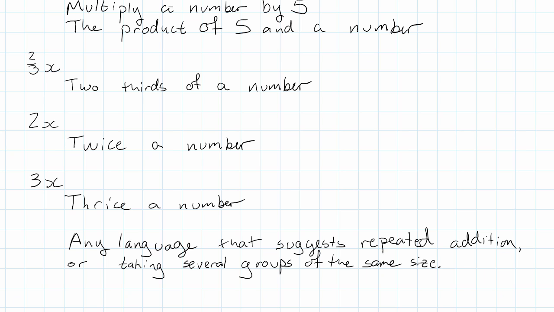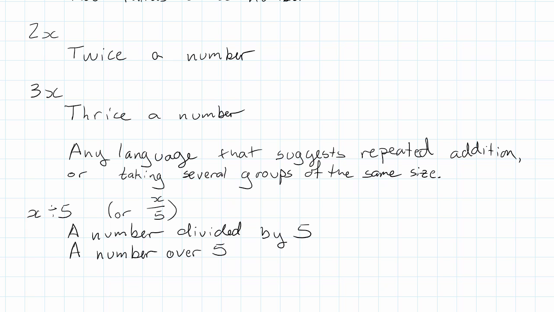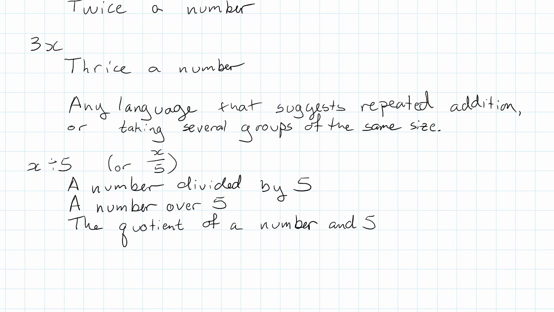So that's multiplication. What about division? If we want to describe x divided by 5, which we might write with a division sign, or we might write as x over 5, well, we could just describe those expressions directly. A number divided by 5, a number over 5. Quotient is the technical term for the result of division, so we could say the quotient of a number and